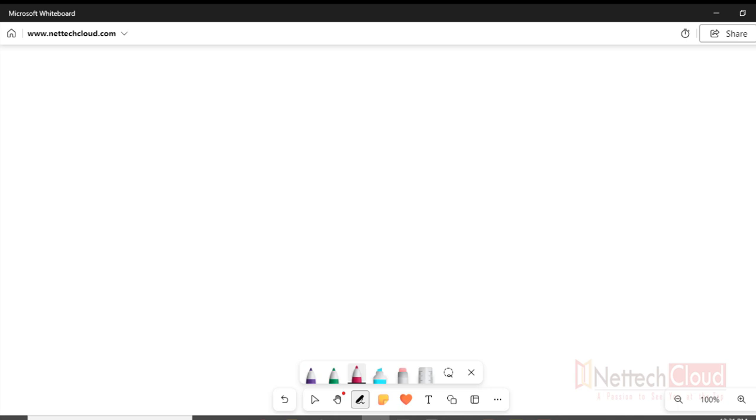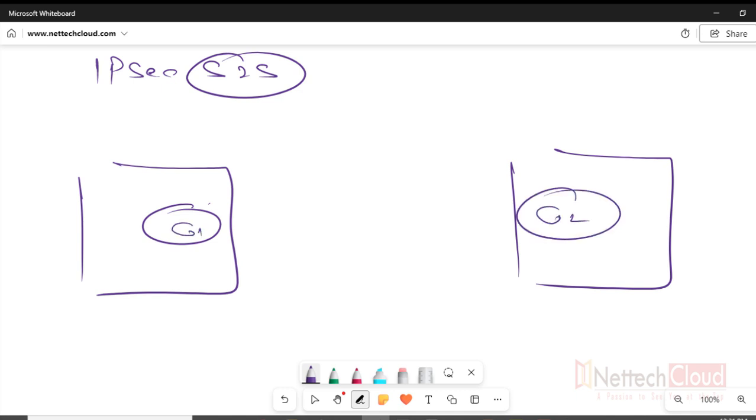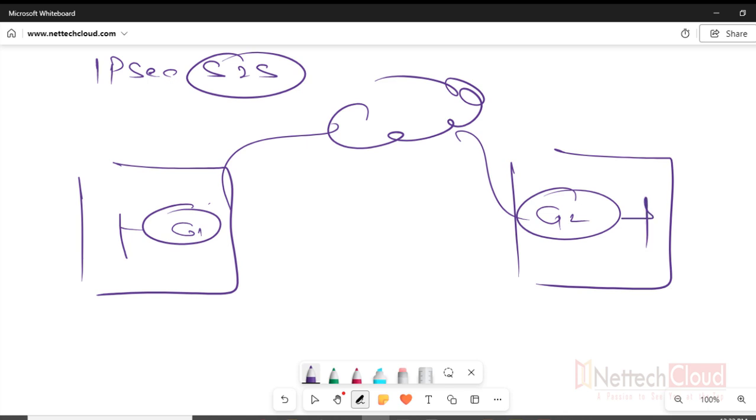But as I said, it is always subject to feasibility, very expensive, one-time cost, recurring charges, and it is not a very scalable solution, right? So the other option, the other solution here is IPSec site-to-site VPN. Means if there is one site here, there is another site, VPN gateway 2. So we can even use the internet as the transport to connect both sites, both locations.